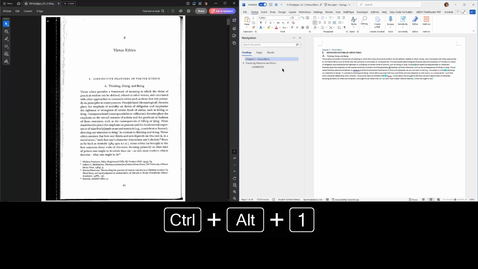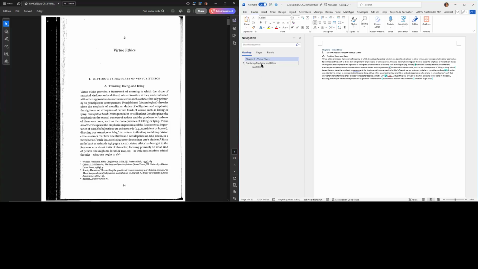ABBYY brings over its own version of headings, and I've done some testing where JAWS and NVDA and Windows do not see this heading structure from ABBYY, but VoiceOver on Mac is able to call up this heading structure.